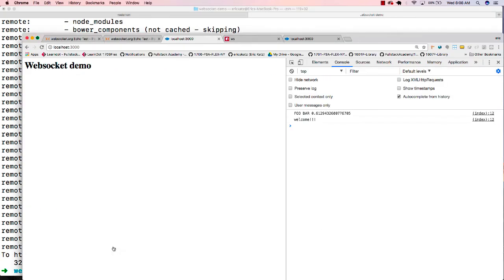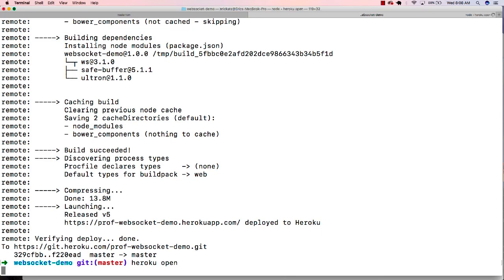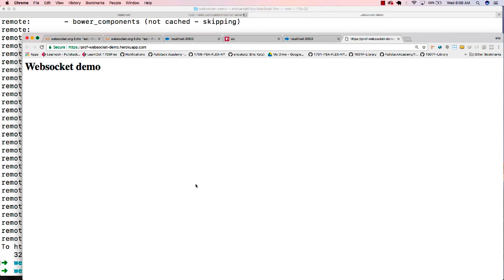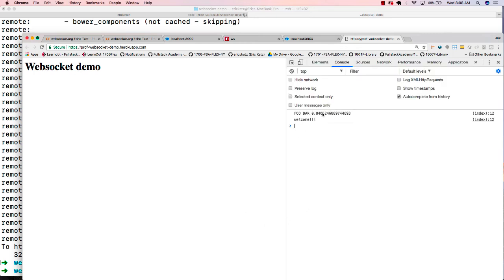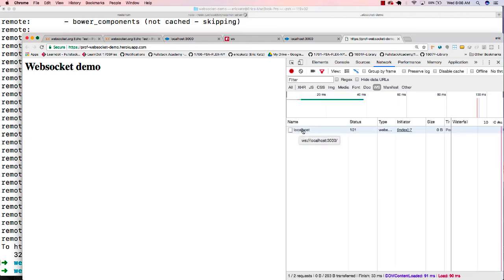And let's actually open up Heroku, see what that looks like. So here's Heroku. If we open it up, you can see we're able to connect to the web server. And this is kind of an interesting thing, because if we look at it, this connection is WS and this is HTTPS. But one of the things that happens is that since this is the same domain,